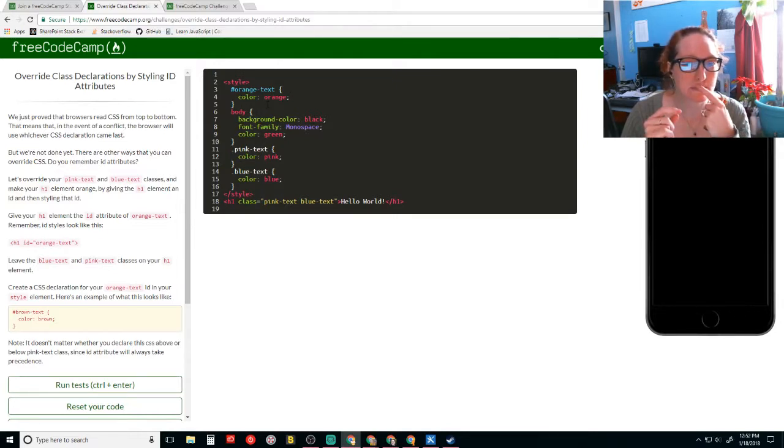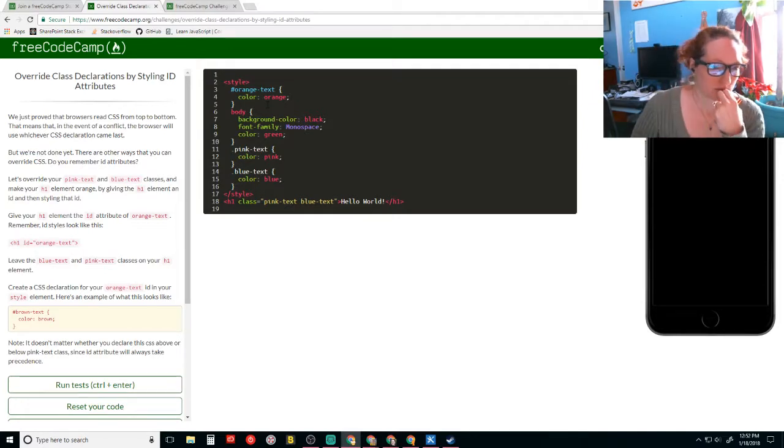But how am I supposed to make it H1? Ah. I've defined orange text now, right?